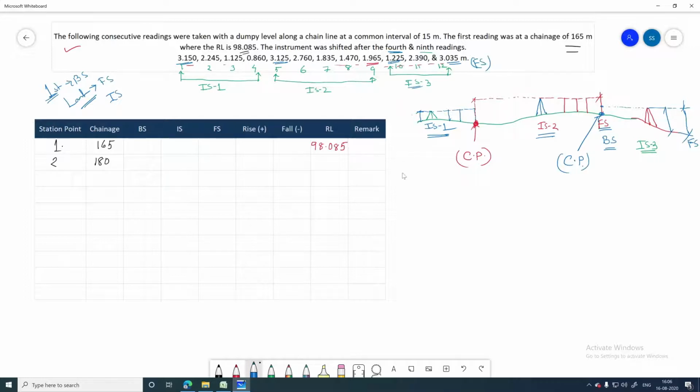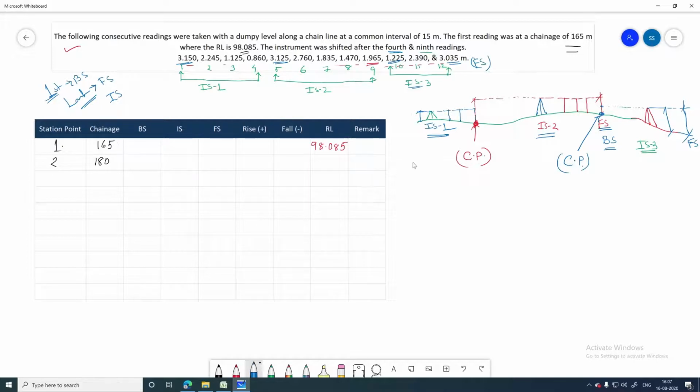I hope all of you understand the pictorial representation, the graphical view of this problem. When you actually solve this problem you don't need this diagram, but the concept should be clear to you. To solve this problem it will take maximum 10 to 15 minutes just to calculate the addition or subtraction values.